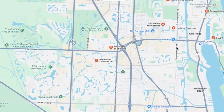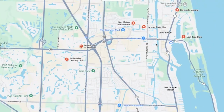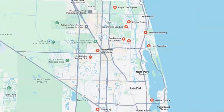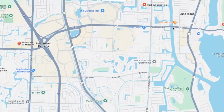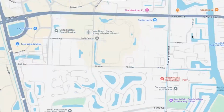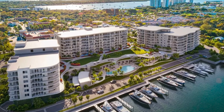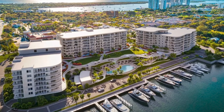It runs into North Palm. And then over here at the bridge, here's the Intercoastal. And right on this southeast corner is a new project called the Ritz Residences. It's right here. You wouldn't even know it's there. This is just fantastic. It's a Catafumo development, and it's comprised of, I believe, 3 seven-story buildings,